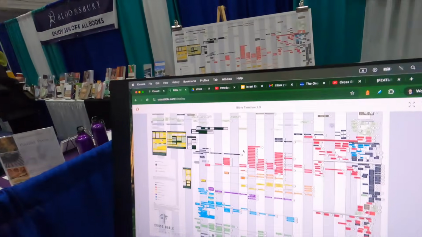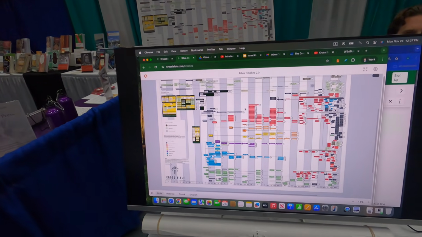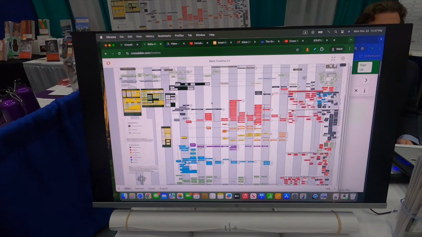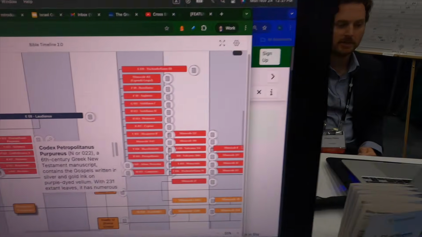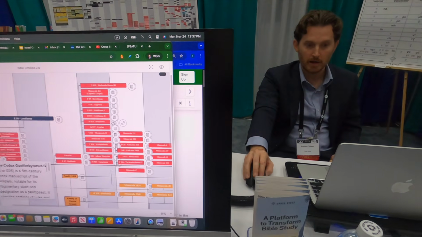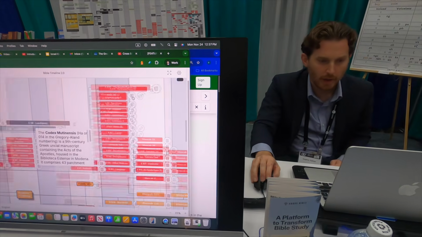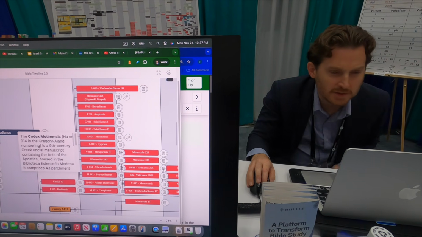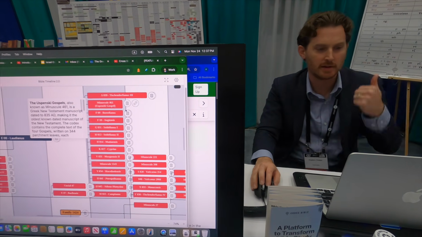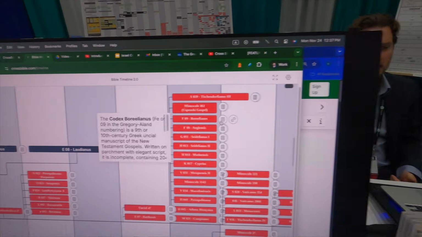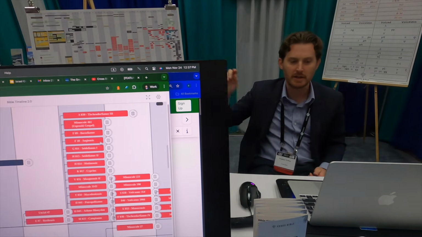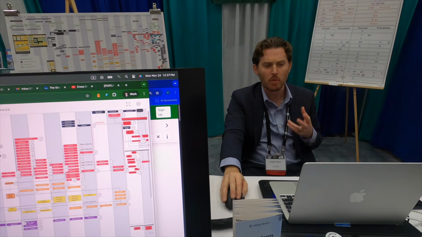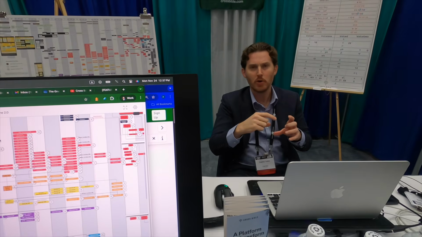This is also going to be part of the $5 tier that you subscribe to. So that unlocks the digital version of this that lets you zoom in and out, navigate it, and every single thing you see here, you can click on and get new information. So if I want to know, like, what is minuscule 461? Well, you can see it's Uspensky Gospels, right? You can see the notes for everything. I've meticulously added a note to every single thing you see here, just to give people a sense of what's behind those little codes in your apparatus.